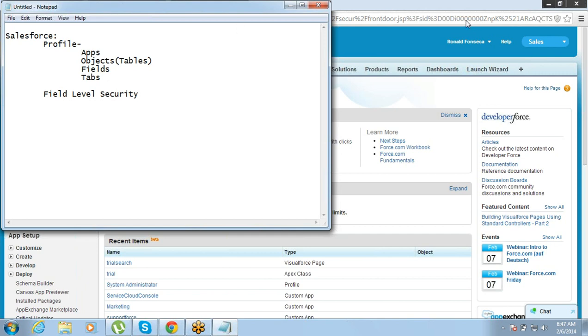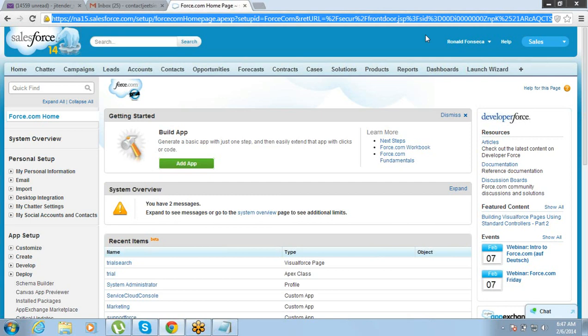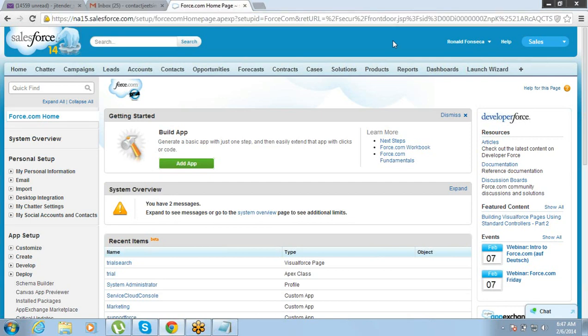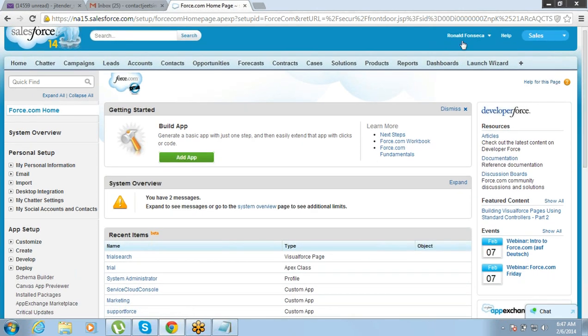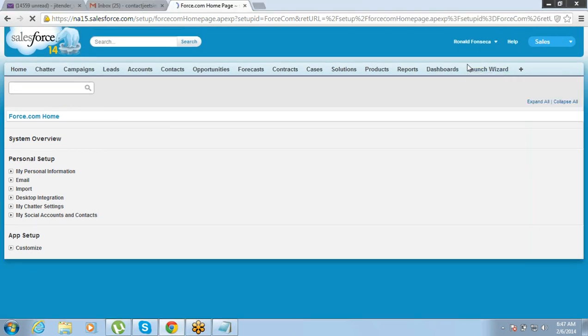How do we put that field level security? Let's go back to our profiles list. So how do we get the profile list? We need to go to Setup, Manage Users, Profiles.